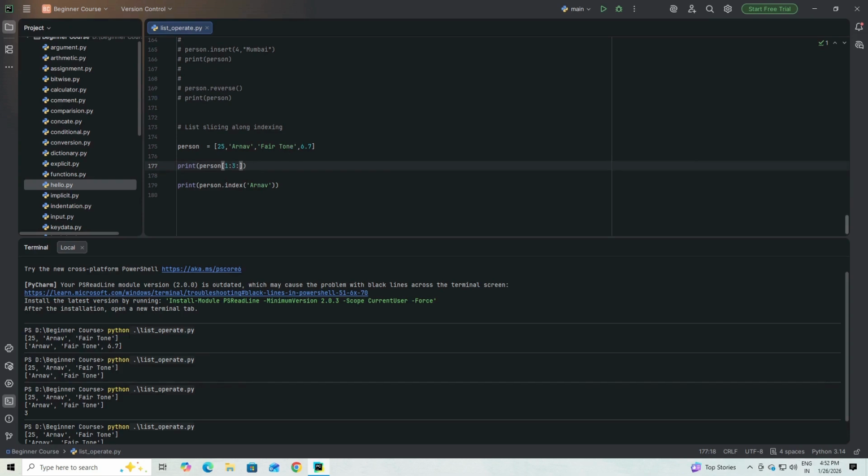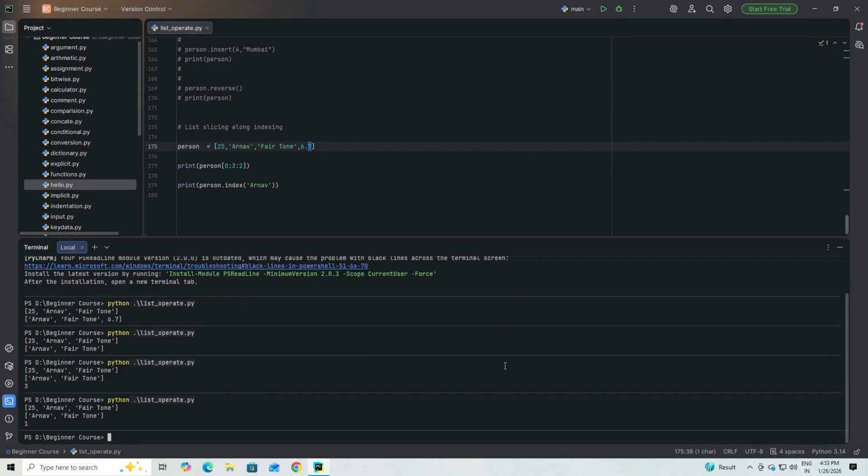I can step by one. If I step by one, it will go one by one. If I step by two, it will skip elements. As an example, I start the index from 0, and I want till 3. So till 3 it will get executed, but it is stepping by 2. Stepping by 2 means the first value will get printed, then it will skip the 2 values present over there and print the last element. See, if I save the code and run it,